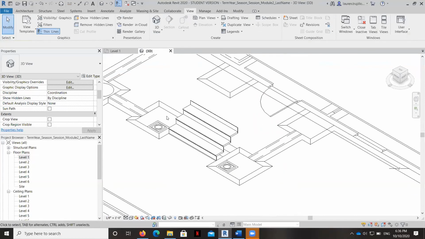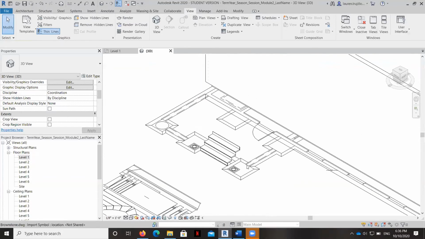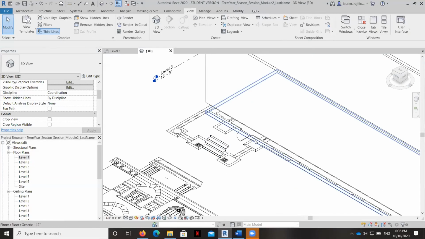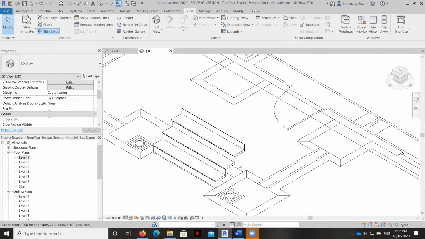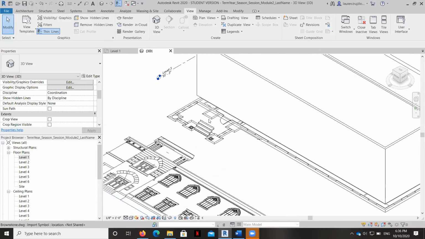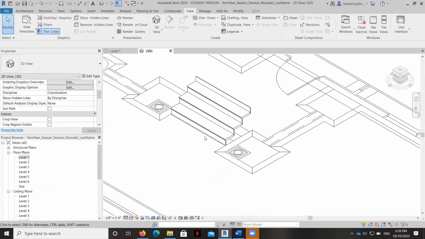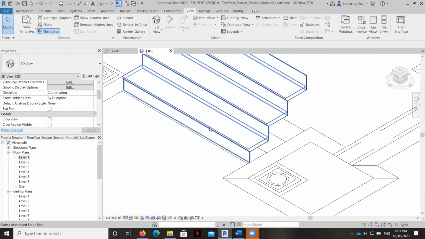Okay, so eventually we're going to extrude all of this stuff, and it'll make more sense when we create the custom windows later on, because the functionality that we use to create the custom windows is the same functionality and commands that we're going to use to extrude all of this and extrude this nice base that this whole building is sitting on. So right now you've got a really simple set of staircases with a very simple nosing here that you can see with a little bit of an overlap. We can adjust this even further.